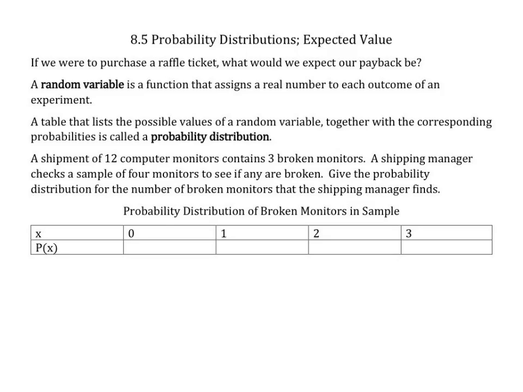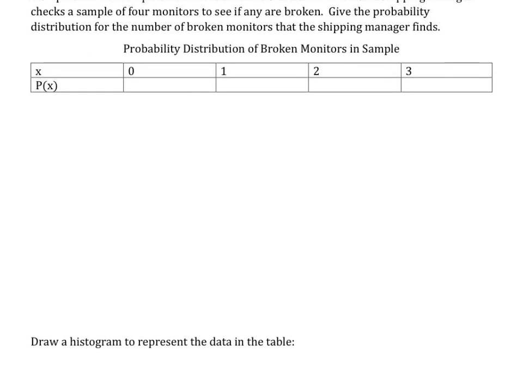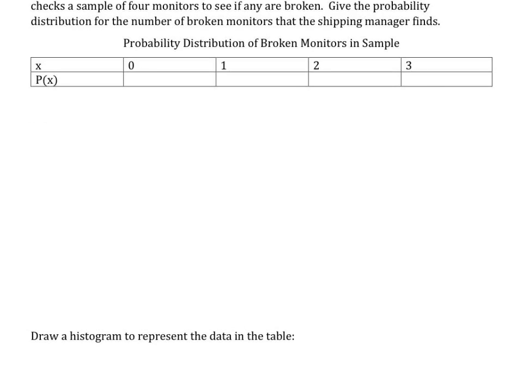A shipment of 12 computer monitors contains 3 broken monitors. A shipping manager checks a sample of 4 monitors to see if any are broken. Give the probability distribution for the number of broken monitors that the shipping manager finds. So we want to find the probability of 0, 1, 2, or 3 broken monitors. So let's start with the probability of